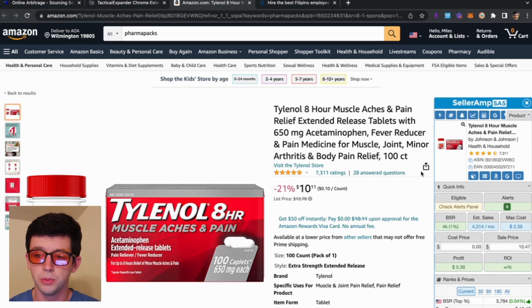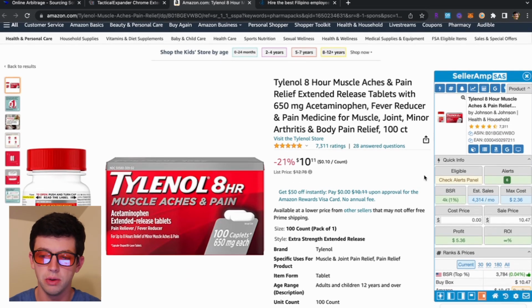So here on my screen, we can see SellerAmp, which right now, in the way you see it, is just a profit calculator, right? It tells me what I could pay for an item, what it sells for, the ROI, right? So here, this is selling for $10. Not saying this is a good item. If I could find this for $2, which who knows if I can, I would be able to make $3 profit and a great ROI. But